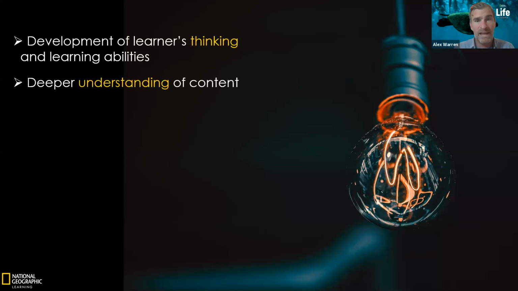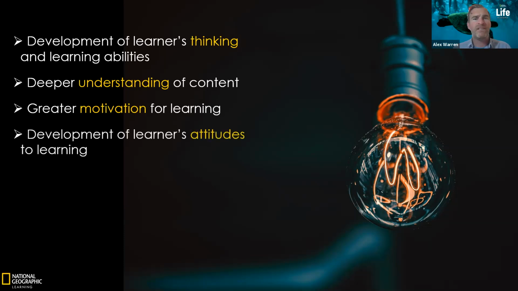Deeper understanding of content, whether that's a TED talk that they've been watching, whether it's an article that they've read in their course book. It's not just comprehension questions, it's thinking more deeply about what they have read, what they have heard. The research also suggests that because we're involving learners in this cognitive process, it develops greater motivation because it's asking them for their viewpoints, their opinions. So there's a certain amount of autonomy there, which I think is motivating. And that in turn has a positive development on students' attitudes towards learning.